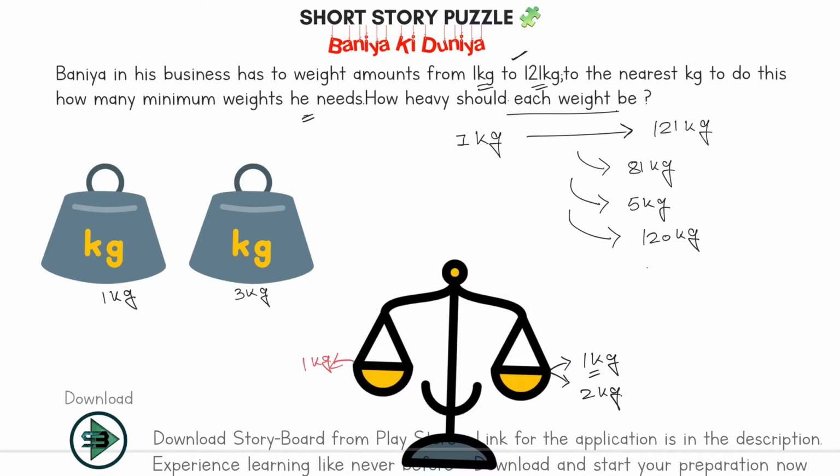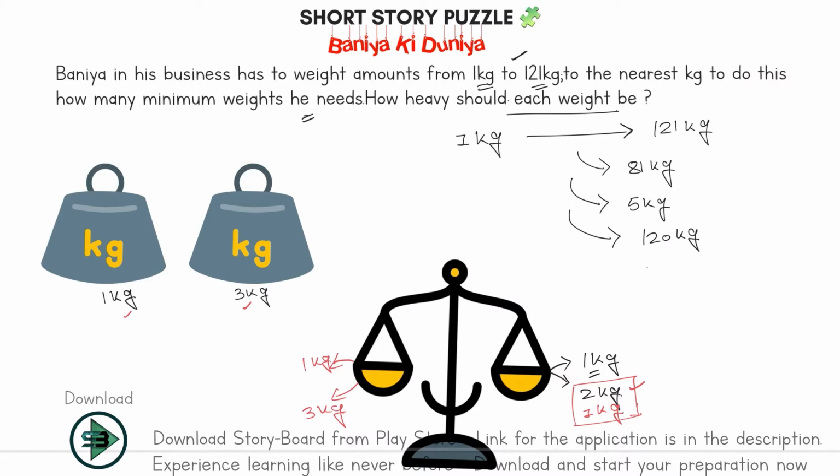How can I measure this? Put your 1 kg weight here. You have a 1 kg weight, right? You have one 1 kg weight and you have one 3 kg weight. With this you can measure 2 kg. So put this 1 kg here, so this becomes 3 kg, and then put a 3 kg weight here. Okay, so that you know that now this is 2 kg. And that's how simple it is. You can measure 2 kg with a 1 kg and 3 kg weight.